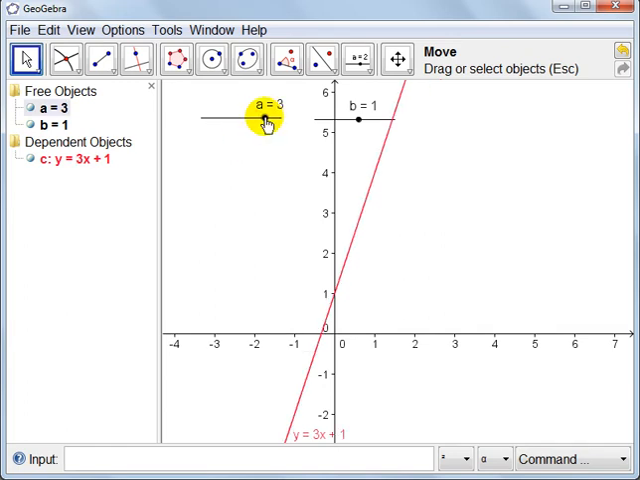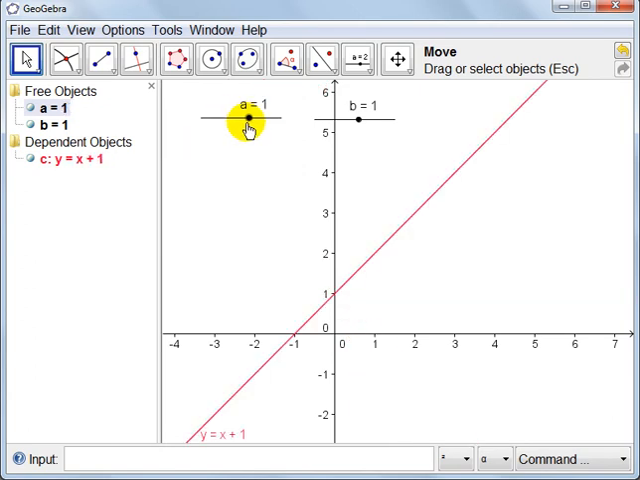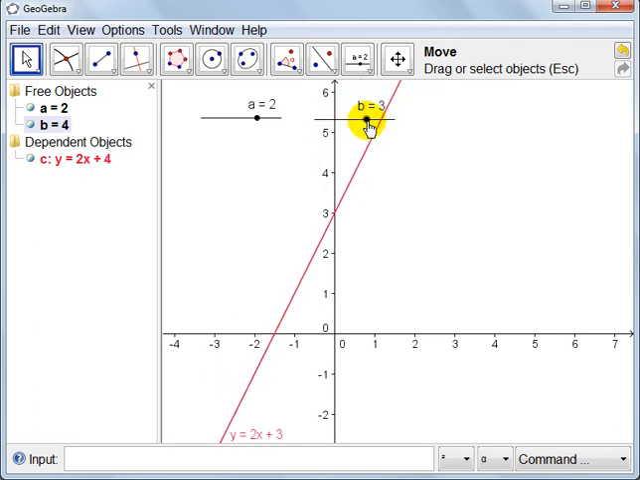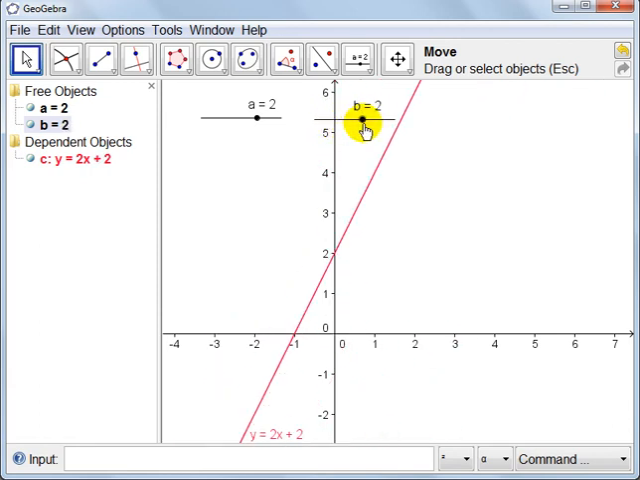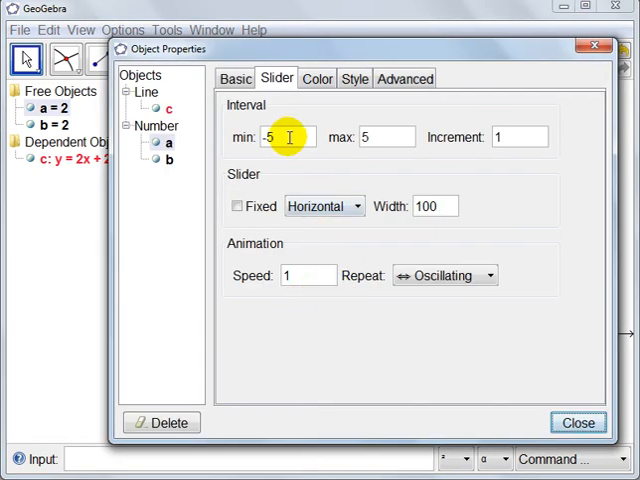and if we change the slider, we are noticing that the equation changes. And if we change B, what do we observe? So using sliders will be quite interesting with what we want to do with the equations of straight lines. With the sliders, we can change the properties by right clicking on the slider, going into object properties, and we can